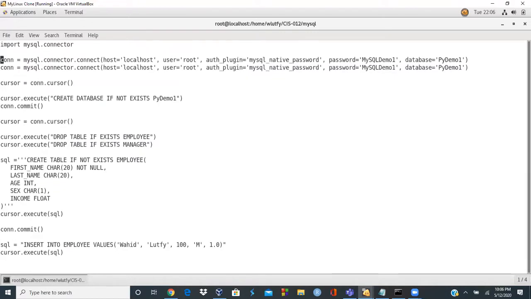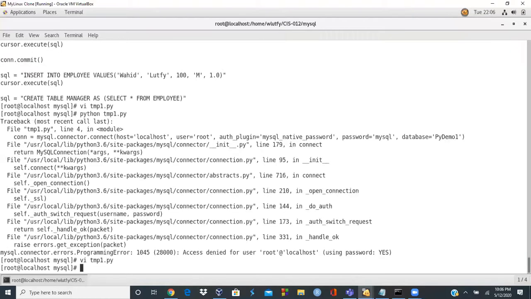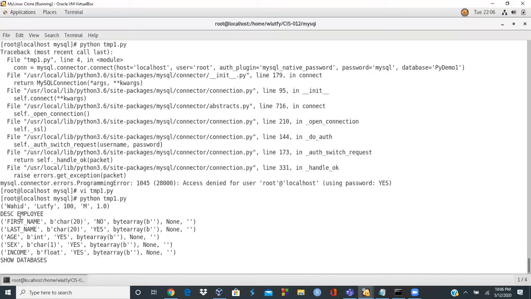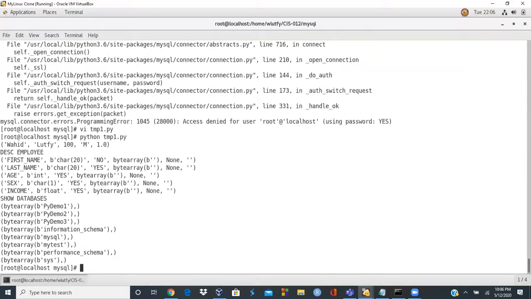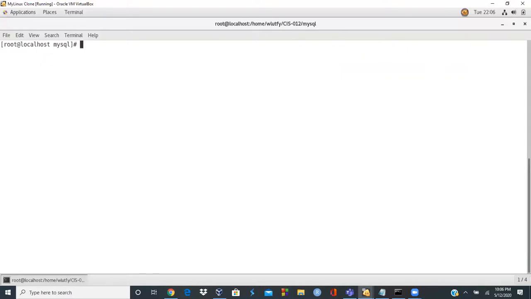I want to update this one with one line and then look for py demo1, and this database field I want to use MySQL state. So now I run it and everything should be fine. See, it created the database. So if I clear the screen and run it a few times, it's going to just do the same thing,